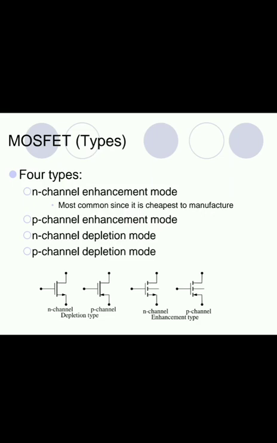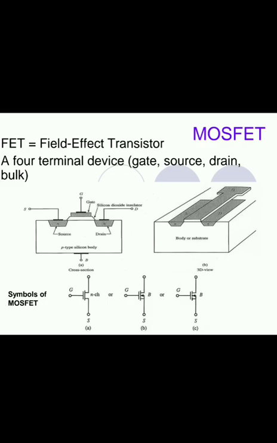So these are the symbols for N-channel depletion, P-channel depletion, N-channel enhancement, P-channel enhancement MOSFET. If you want to draw, you can draw. Otherwise, I will share the PPT in our classroom group. Okay. So now, what we are saying here, field effect transistor, but here we are supposed to see only MOSFET. We don't need to see JFET at all. So what is MOSFET? It is a